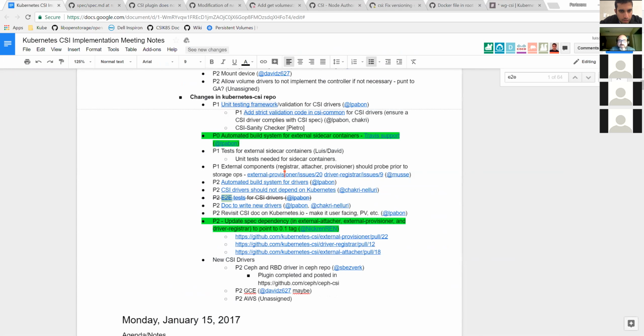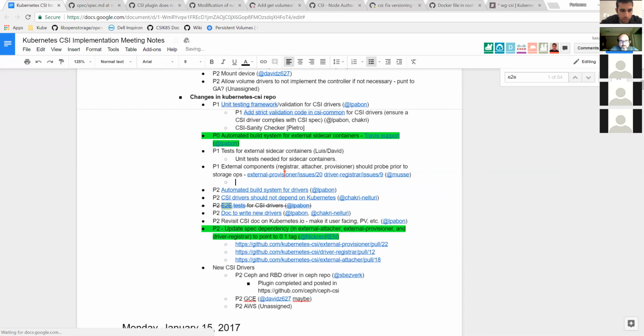No, I see what you're doing. You put it in the clients. Got it. I get it. The part of the registrar, attacher, provisioner. I think it'll actually be in both places because it has a kubelet component as well. Yeah. Right. Because kubelet does have a